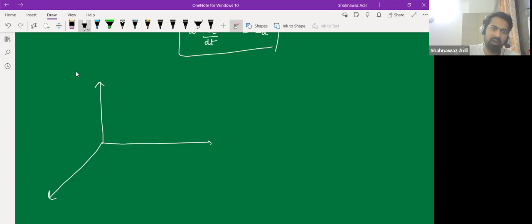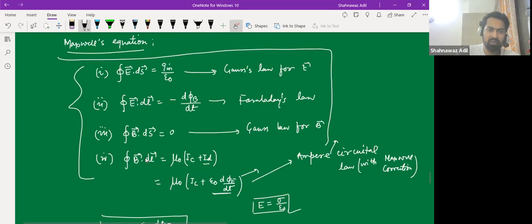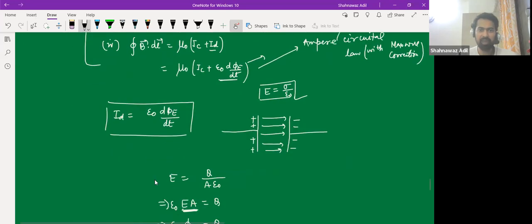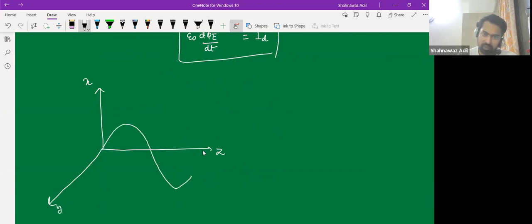So whenever you solve these four equations, you get a wave equation which shows that electric and magnetic field are propagating like a wave. So that is what you call an electromagnetic wave. So let's say this is Z axis, this is the propagation, and you have this X axis and you have this Y axis. So let's say,